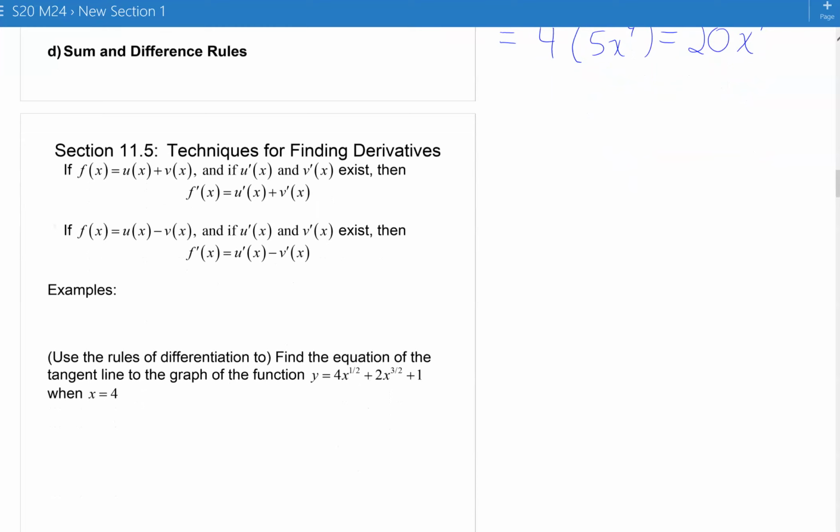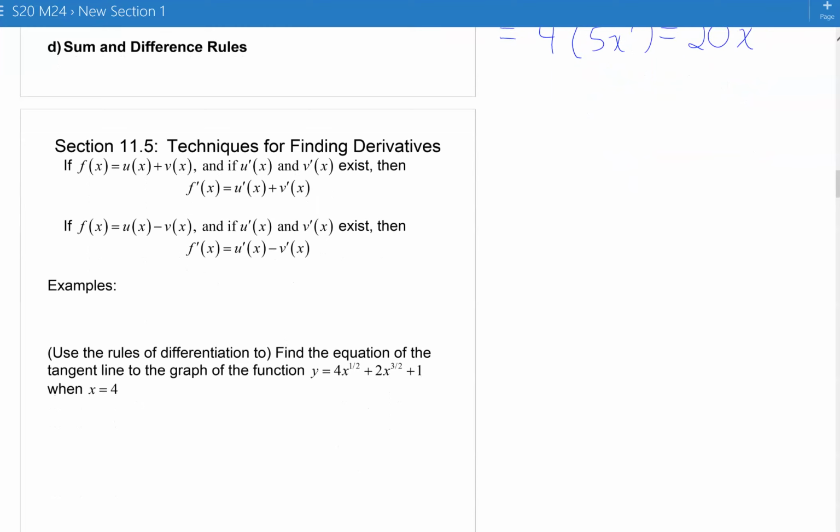So then we're to the sum and difference rules, and they look complicated written in this formal math language. But what it says is, if your function is made from adding together other functions, you just do the derivative of each one separately, and then add those derivatives together. So if we have a polynomial that looks like 2x to the 5th minus 4x cubed plus 7x minus 15,